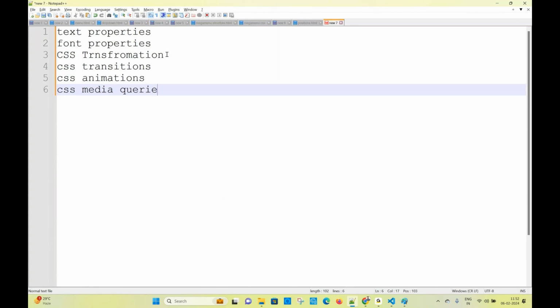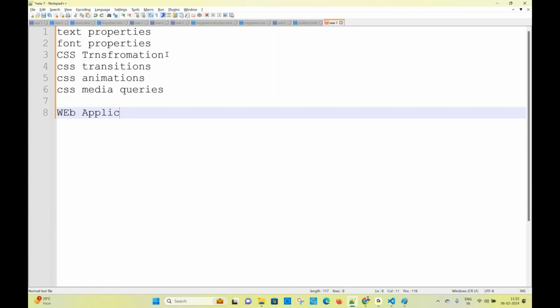And finally, we will create one web application using HTML and CSS. We are going to create a simple, basic website, with about and contact. If I click about, it goes to the about page. If I click contact, it goes to the contact page, services page. Like this, we are going to create a sample website. Okay, now